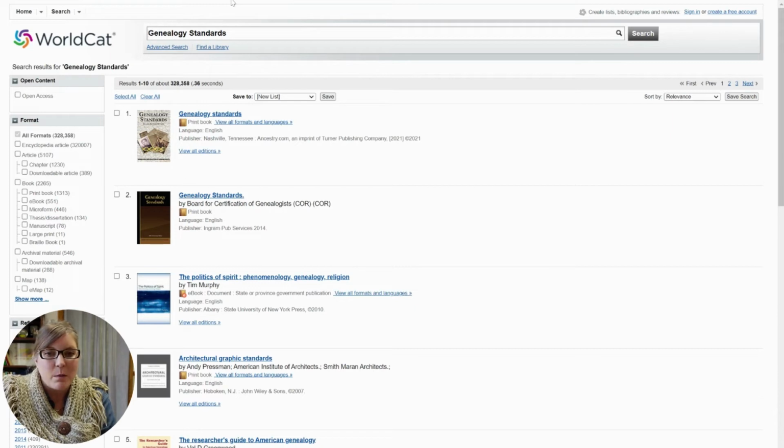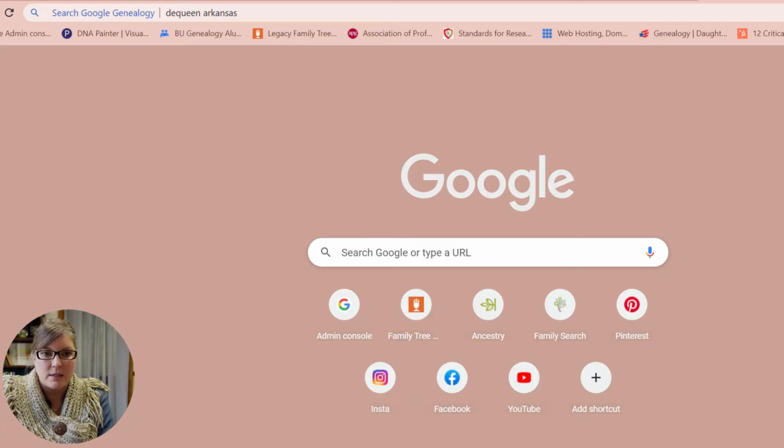So for instance, if I'm still on this tab, if I have an area that I want to look for, I'm actually traveling to DeQueen, Arkansas soon, and I might want to see what they have in terms of genealogy repositories. So I have a search term GG space. So I've added the keyword genealogy to my Google search. So I'm going to do DeQueen, Arkansas,